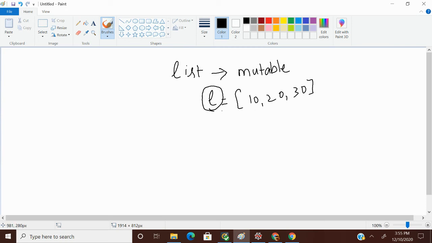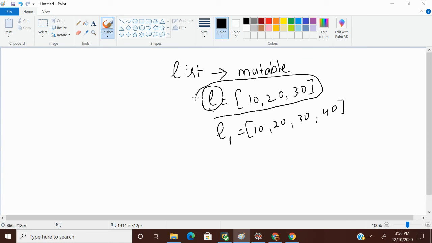Otherwise, each and every time I wanted to add something, I would need to create a new variable and add a new value to it. This is mutable. Mutable means we can add, update, delete anything in the same variable. List is mutable in nature.